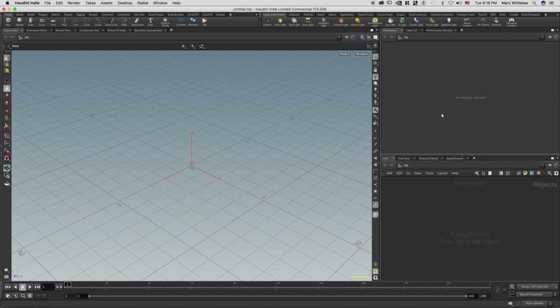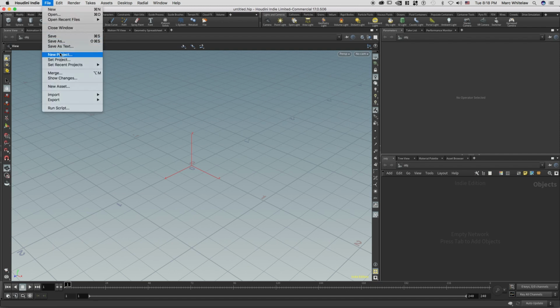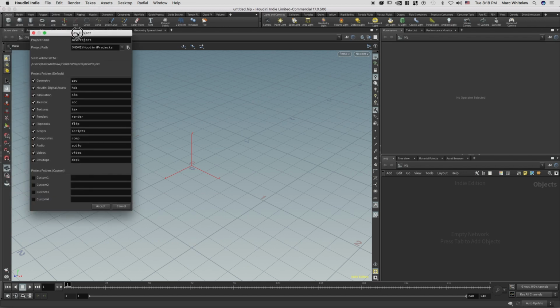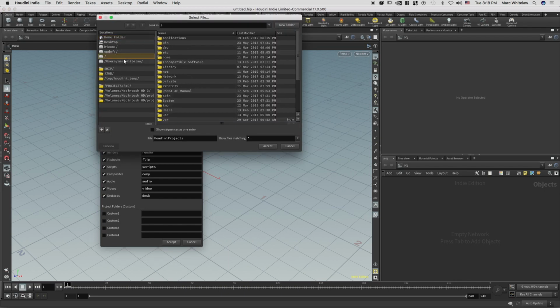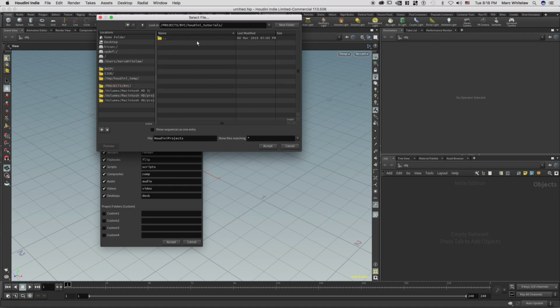Now, this is what Houdini is going to look like when you first open it. So the first thing that we need to do is create and set our project. If you come up to the top and just go File, New Project, this little window is going to pop up. Where it says Project Path, just click this little icon, and I'm just going to navigate to where I'm going to save this. Inside of Projects BYC Houdini Tutorials, we are going to create a new folder called Houdini Everyday 01